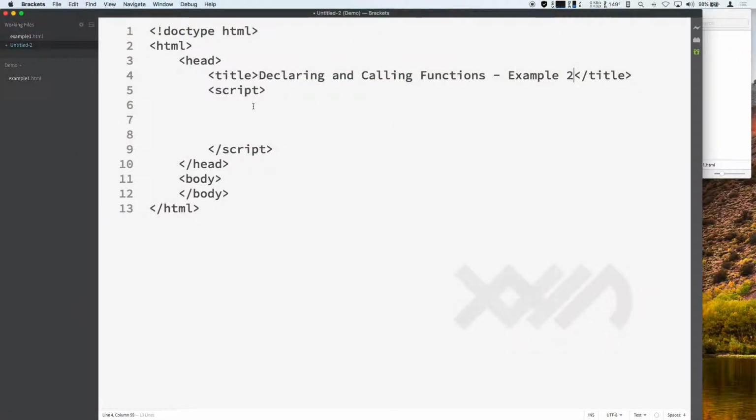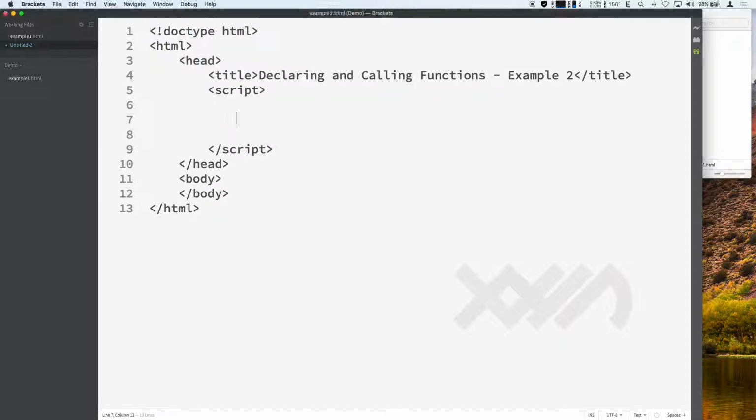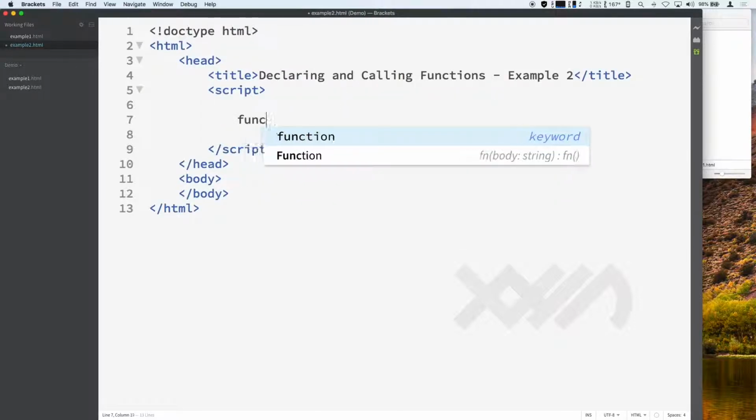In this video, I'm going to demonstrate how to declare a function that has a parameter and also how to call such a function. So let's begin by saving this code. I'm going to call this example2.html, and then I'm going to declare a function,